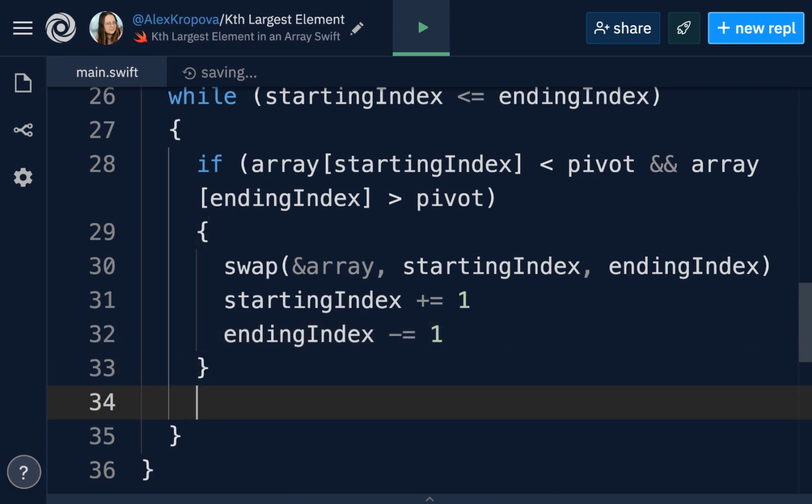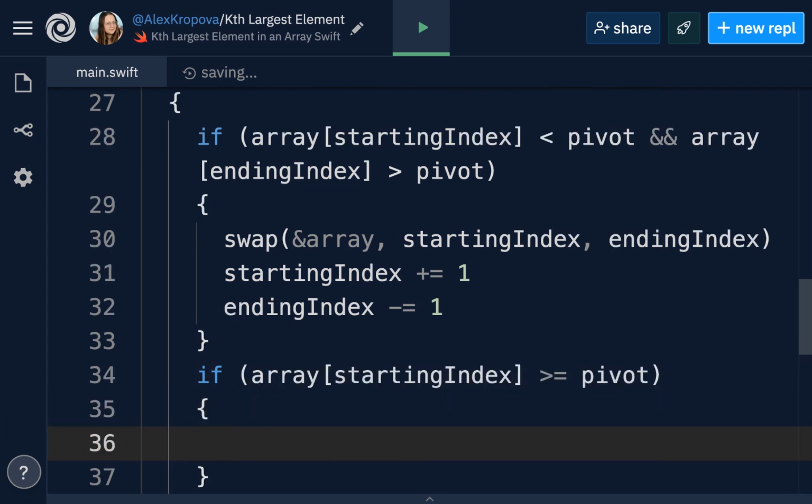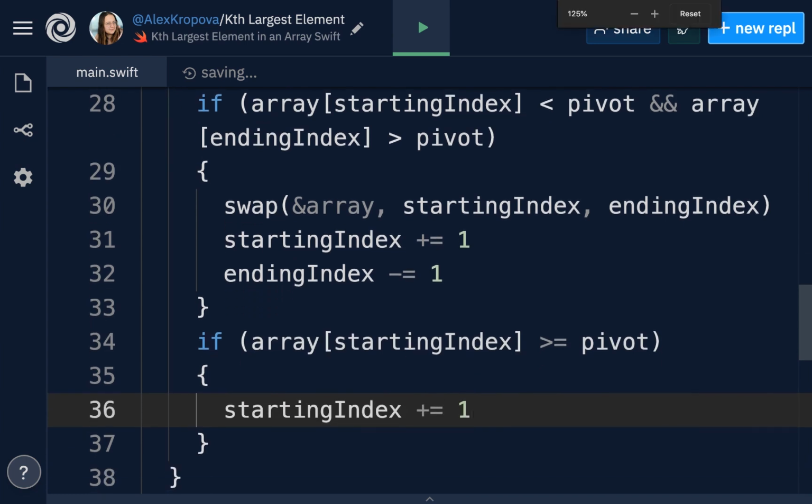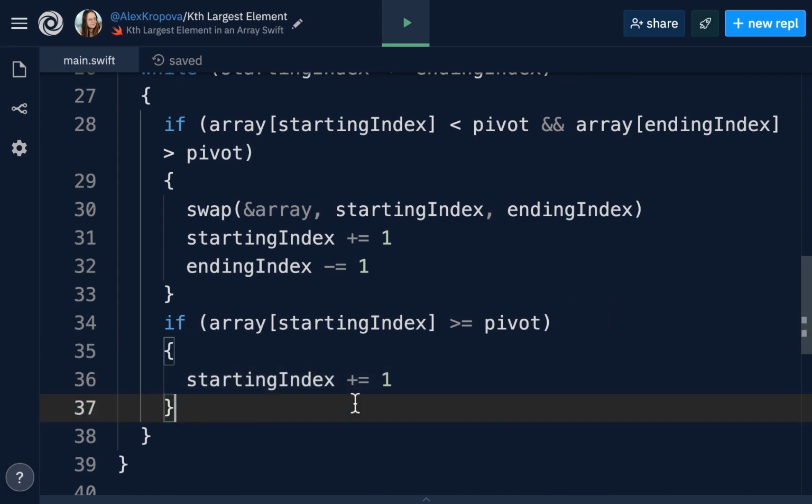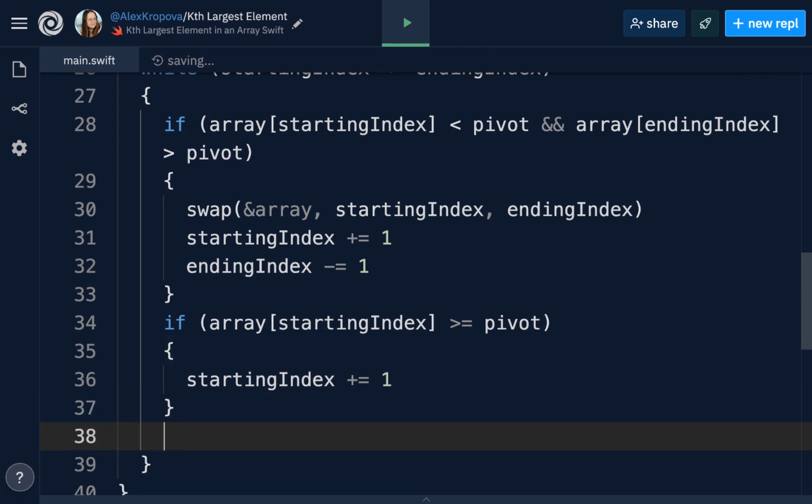And then after that condition is set, what we'll do is check if the array at the starting index is greater than or equal to the pivot. And if so, we're going to take the starting index and increment it by 1. And this is going to ensure that we can go through all of the values up to the pivot. And as well, we're going to then check if the array at the ending index is less than or equal to the pivot.